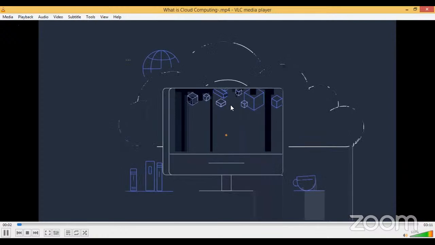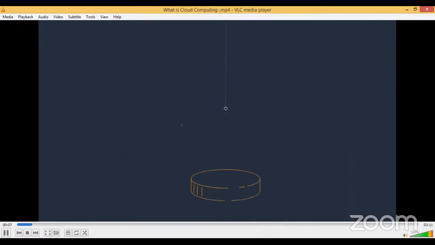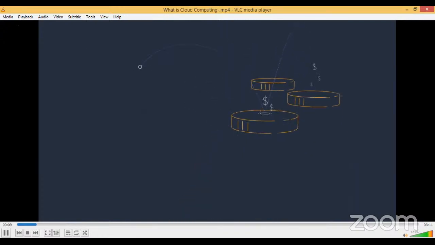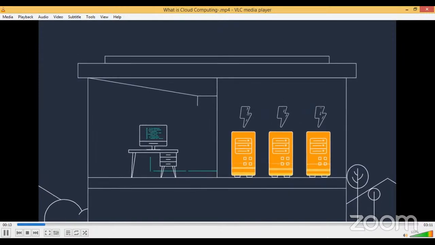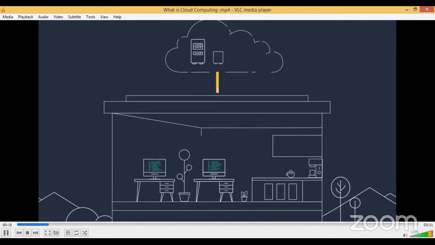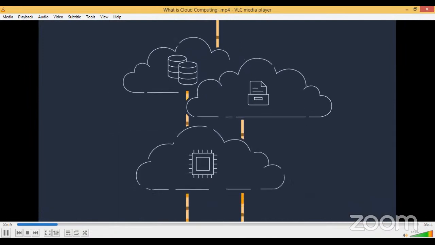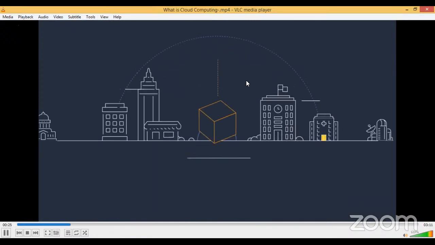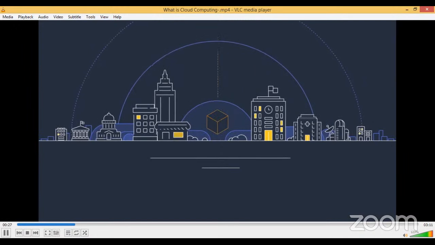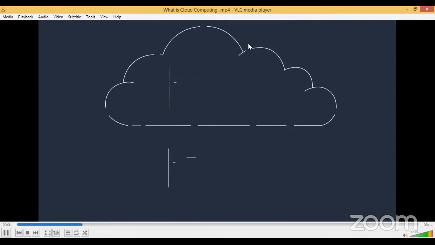Cloud computing is the on-demand delivery of IT resources via the internet, with pay-as-you-go pricing. Instead of buying, owning, and maintaining physical data centers and servers, you can access technology services such as computing power, storage, and databases on an as-needed basis from a cloud provider like Amazon Web Services. Organizations of every type, size, and industry are using the cloud for a wide variety of use cases, such as data backup, disaster recovery,